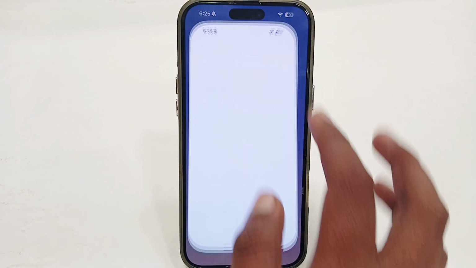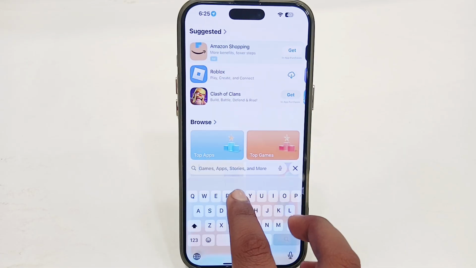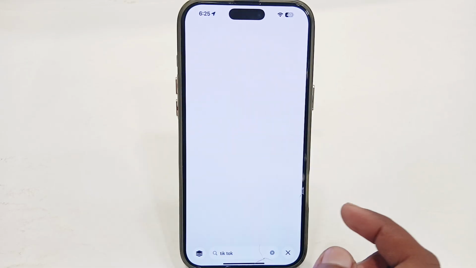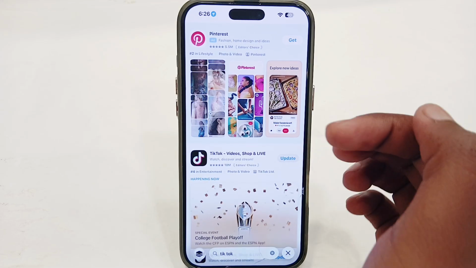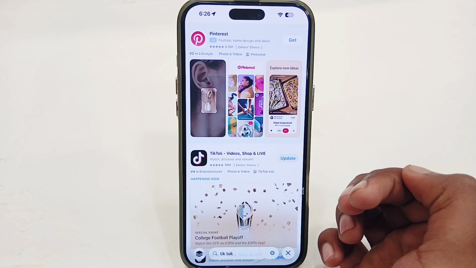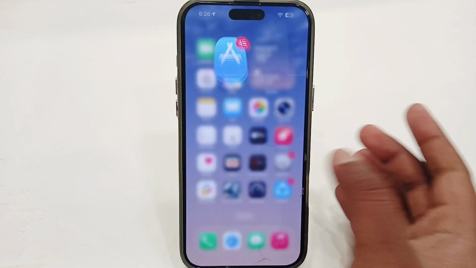Then go to App Store, just go for search and simply search for TikTok, and you'll get that app here. You can easily install it from here. Or if it's still not working for you, so you have a best way, you have to simply go back,